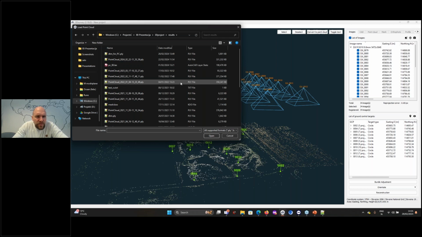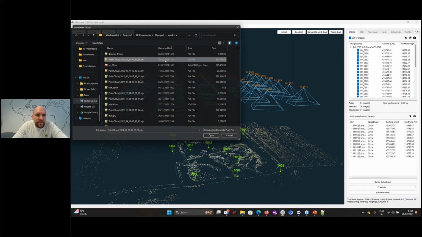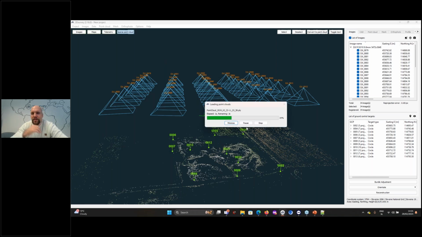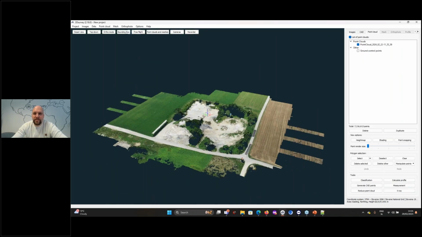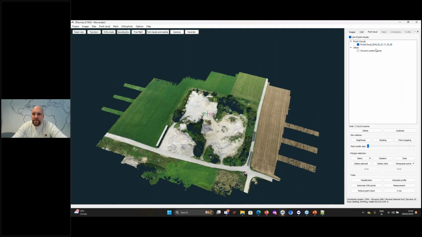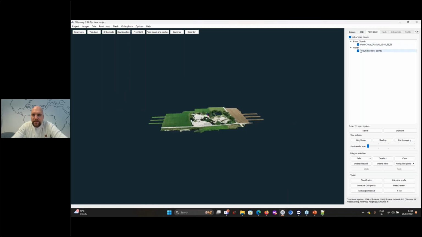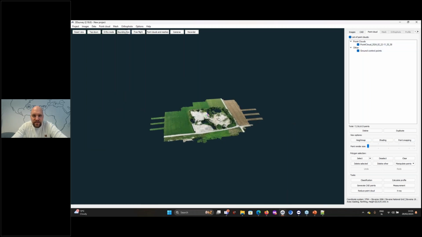So which one will be, I think, let's see. Every time you calculate a point cloud in 3Dsurvey, the point cloud is automatically saved in a certain folder. So now let's just check that I have calculated the one with the correct elevation model. This one is, I selected the wrong one.